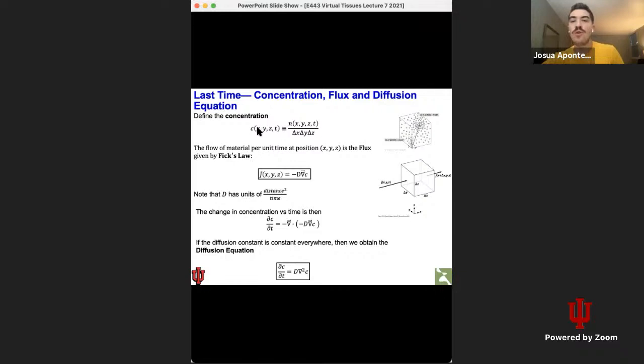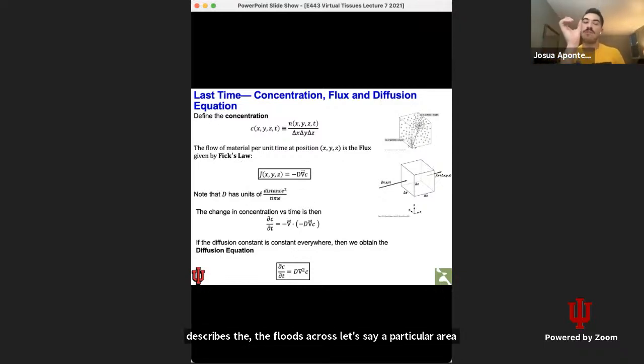But we're not going to go through deriving the diffusion equation from Fick's law, which describes the flux across, let's say, a particular area or volume of a simulation. But if you guys are interested, we're going to upload this presentation, and at the end of the presentation, we've tagged reference material where the derivation of the diffusion equation is